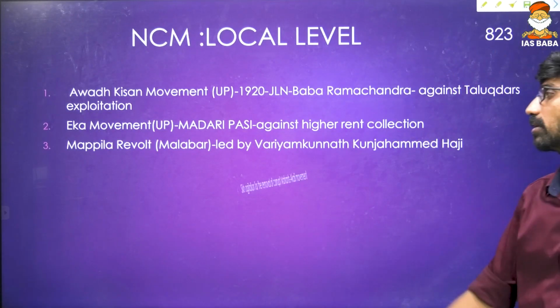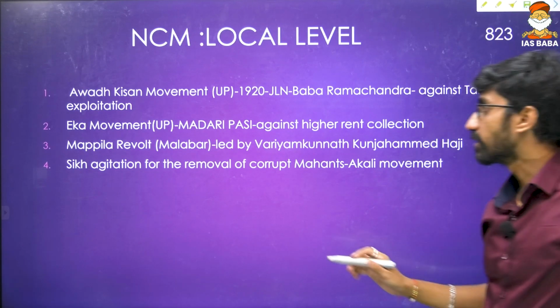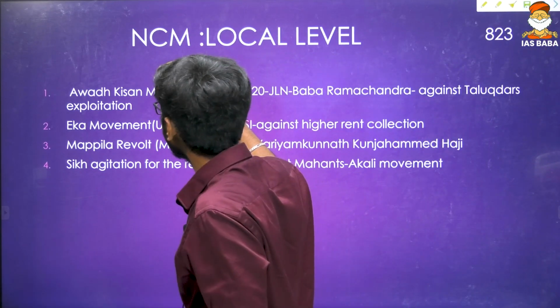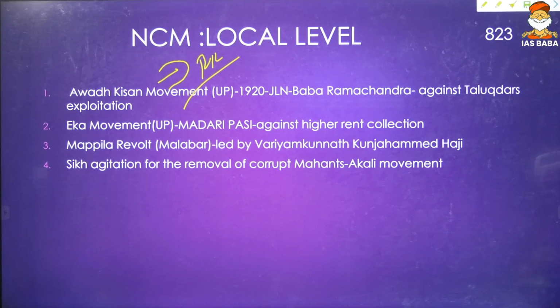Look at these particular events of the non-cooperation movement. There was a Kisan movement in Uttar Pradesh led by Jawaharlal Nehru, JLN, against the Talukdars' exploitation. That is some kind of organization, the Kisan movement. It was majorly inspired by the 1917 Russian Revolution. Then one more event, led by Baba Ramchandra and Jawaharlal Nehru. Then the Eka movement, by the Madari Pasi, against higher rent collection, again in UP. Look at that one,